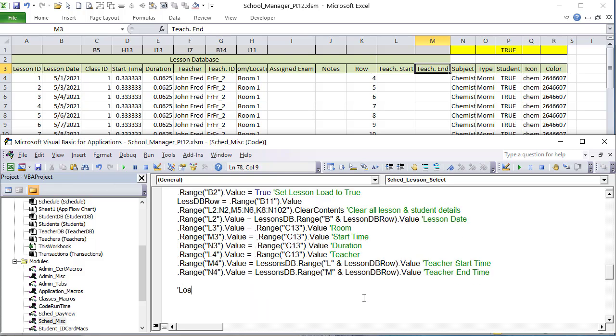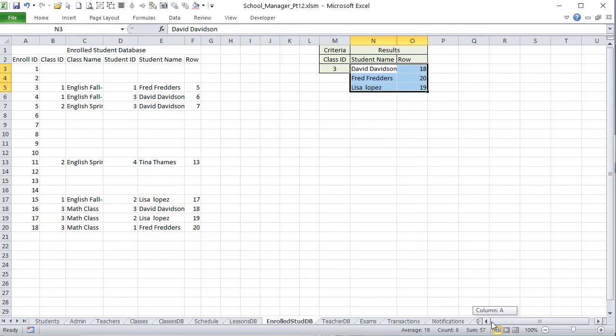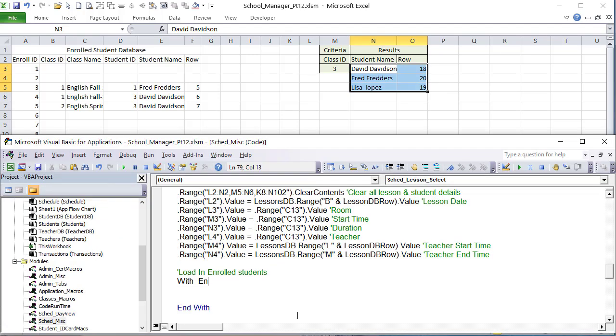So let's put a comment here, load in enrolled students. And how do we know which students are enrolled? Well, they're located in our enrolled student database here. So we have them also here. So we can focus on that. So let's do that right now. So with enrolled student database, okay, so we've got that, and now what I want to do is going to